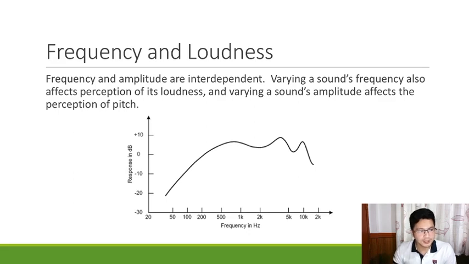Pero i-compare nyo halimbawa kapag mechanical engineering yung nag-cheer. Di ba parang dumadagundong talaga yung gym or yung Valencia Hall, kasi ang bababa ng boses nila, so sobrang lakas nung dating ng mga cheer nila. So, depende sa frequency ng isang sound, iba-iba rin yung na-perceive natin na loudness. Ito yung graph na yon. Kapag sobrang baba, itong mga part na to, hindi kayang i-produce ng voice box natin, or tayo as humans, yung ganito kababang sound.